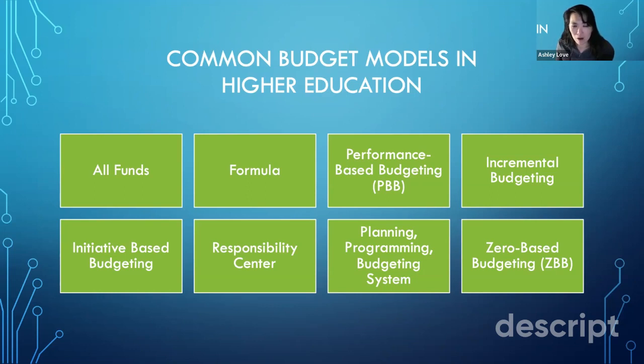And then also, looking at some of these, all funds and formula, you'll notice that different universities will have different strategies, and a lot of times they're going to use a hybrid format. They'll take not just one model, but different combinations of models to balance their budget. So revenue, what's coming in, is going to be really important, and this should be easy to look at. Some of the revenue, this is in chapter 2,